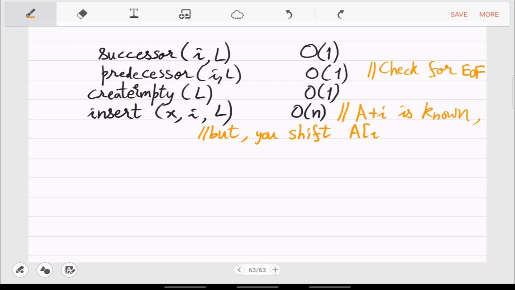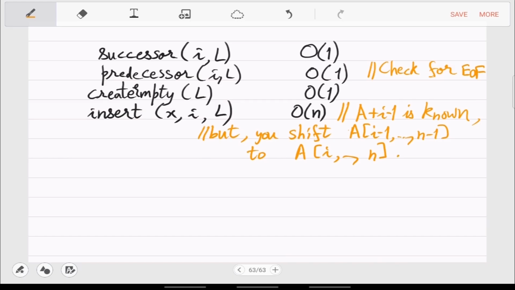I means this is the ith location, which means I minus 1 actually. In the array it is big A at I minus 1. So let me correct that. You will write there, but then you have to shift the rest, this subarray from I to n minus 1. You shift it to what? Yeah, I to n.